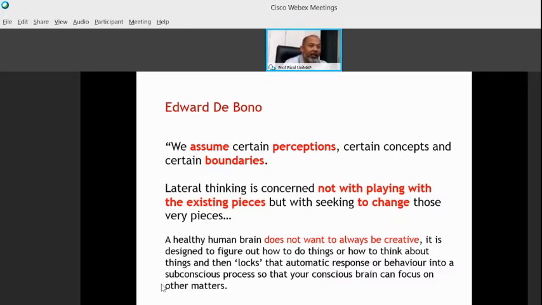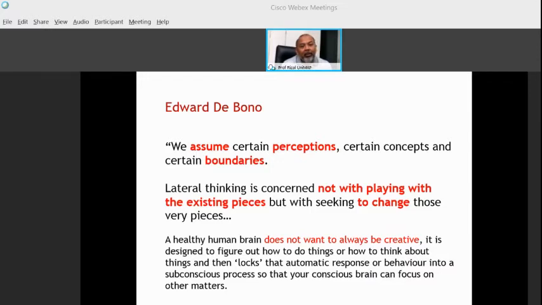That means in thinking, sometimes in looking at a problem and trying to find the best solution, sometimes we are blinded by the assumption. We do not even consider challenging the assumption. So this is what Edward de Bono is saying. That means in lateral thinking, it is about changing perception, seeking alternatives. But